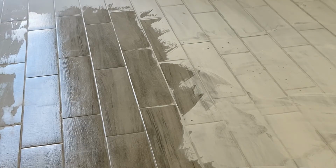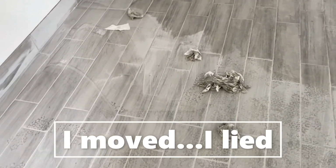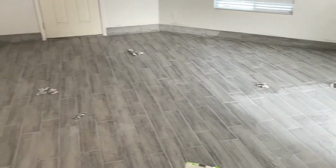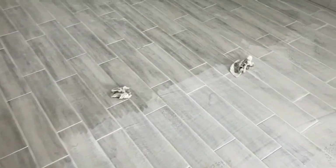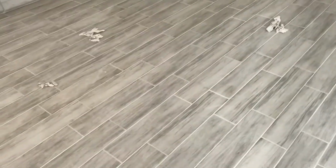I could feel it, but imagine doing this down on your knees, on your hands and knees by hand, trying to wipe your tiles up. So I'm gonna get going and I will come back right to this spot. I'm not even gonna move my camera. There's just no getting away from it. Nothing beats getting on your hands and knees and scrubbing your floor. But this is dry, and it really wasn't ever wet to begin with. The wipes are a little damp, but